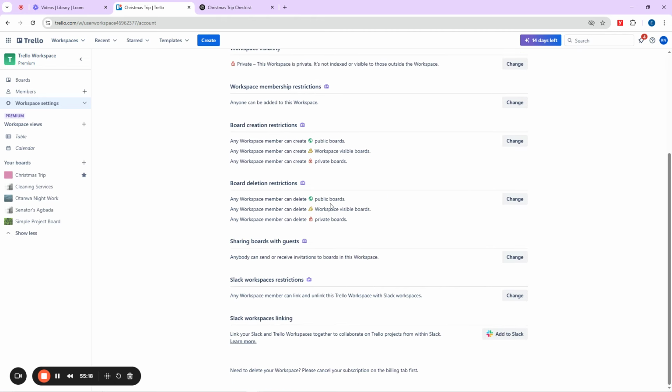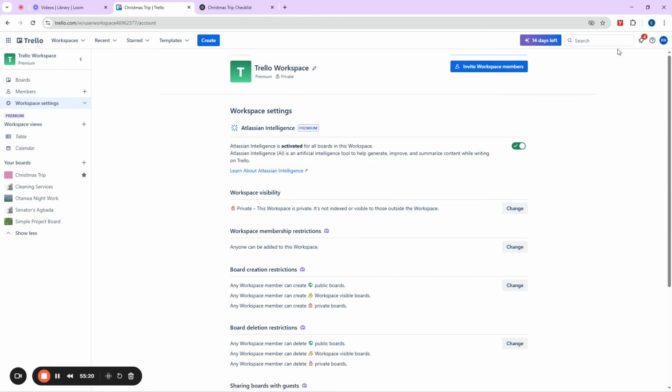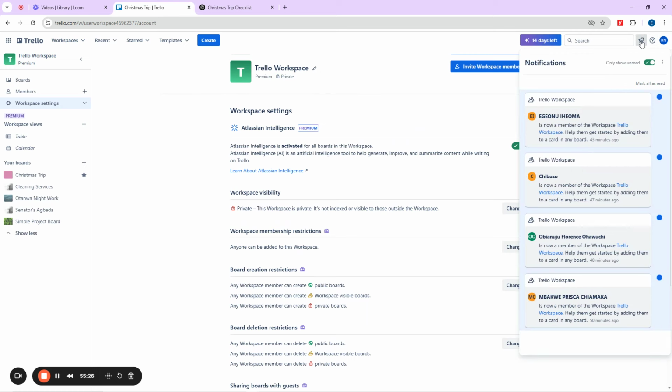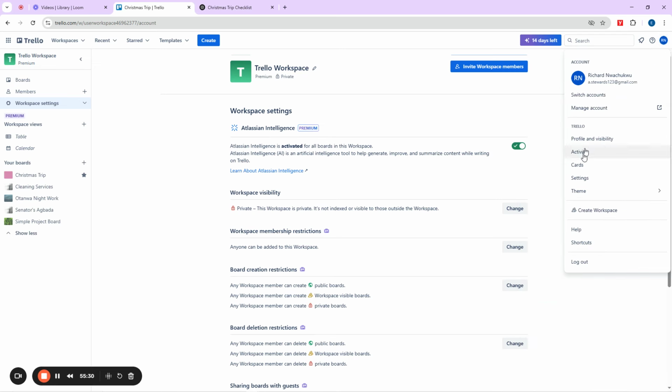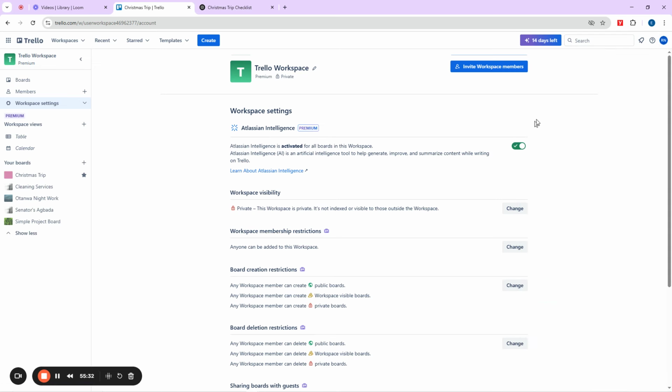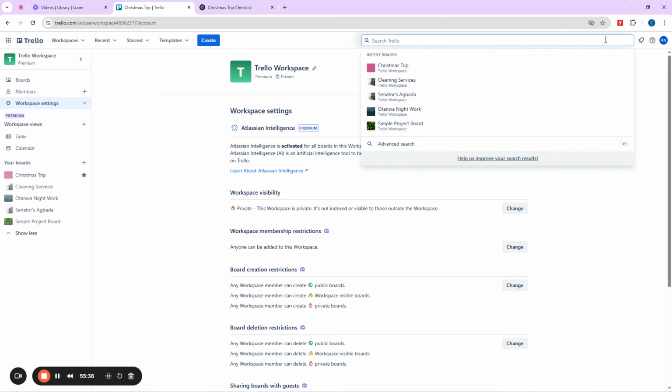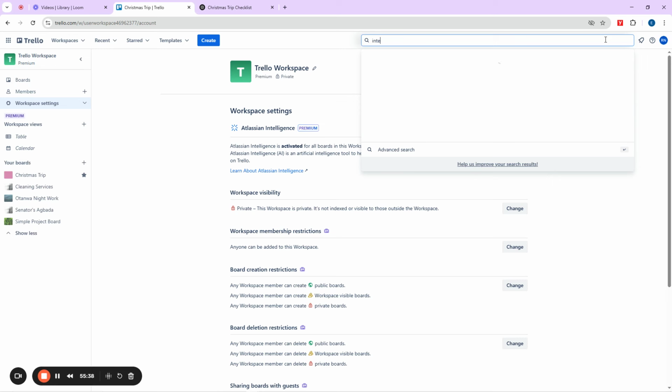So you have to go to your marketplace, and it's supposed to be here, but I'm not finding it. That's why I'm a bit confused. I cannot find it. So, top right. You see, it's not here. I don't know. Let me search. Let me search integration.